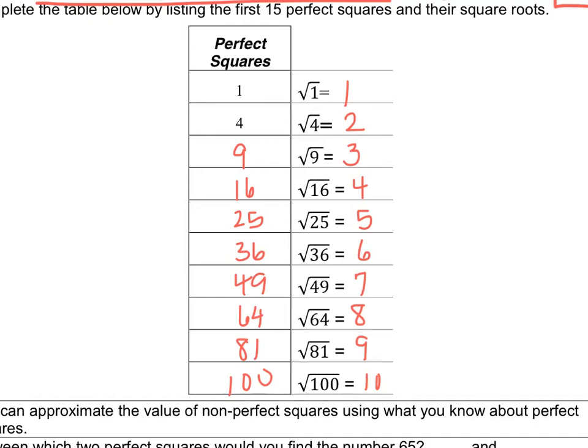So we are going to use that list of perfect squares to estimate the numbers that are not on our list. So numbers that are between 1 and 4, like 2 and 3, numbers between 9 and 16, and 4 and 9. All the numbers that fall in between these numbers are not perfect squares. We could not make squares with those. So we're going to take a look at